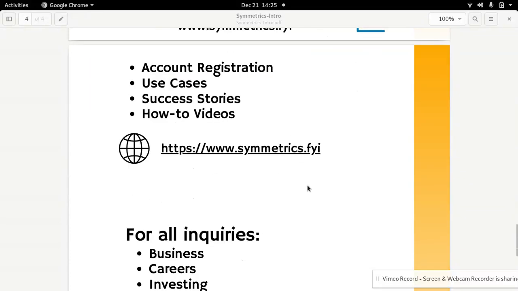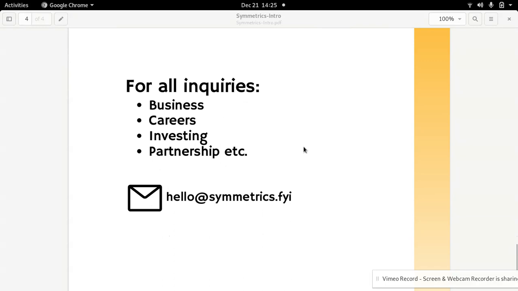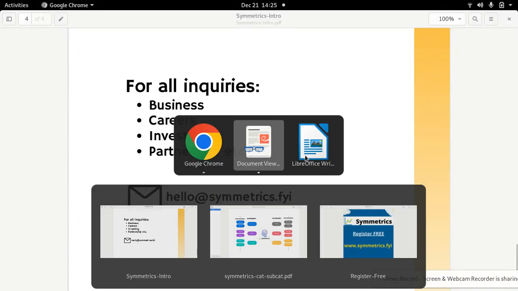Finally, you can do various things on the platform: account registrations. You have use cases. In fact, this is one of the training videos. You have success stories, how people have been using it and making at the least a 10K rise in their salaries. In fact, there have been folks who have used the platform to make upwards of 100K extra salary per annum. All of those are captured on the website. For all inquiries, if you're a candidate, job seeker, or you want to partner with us, careers, or anything else, please write to this email. Now, with that said, let's jump into the agenda.